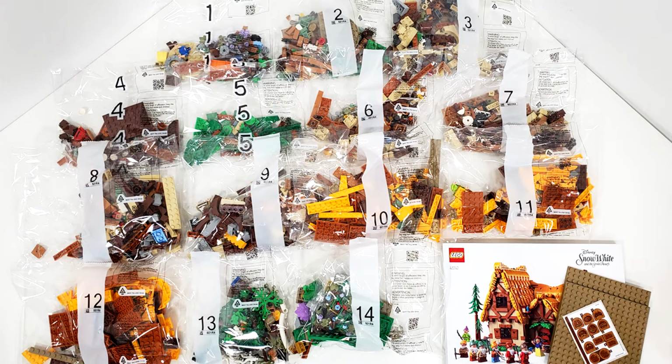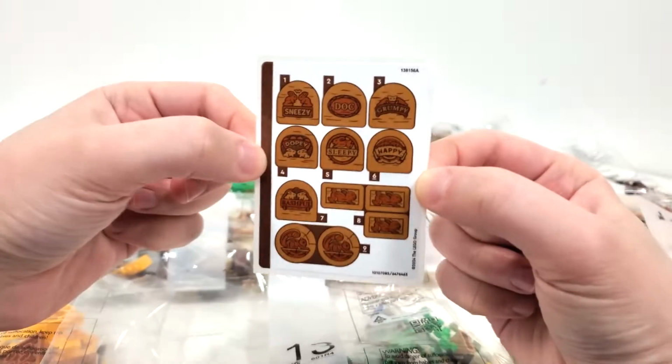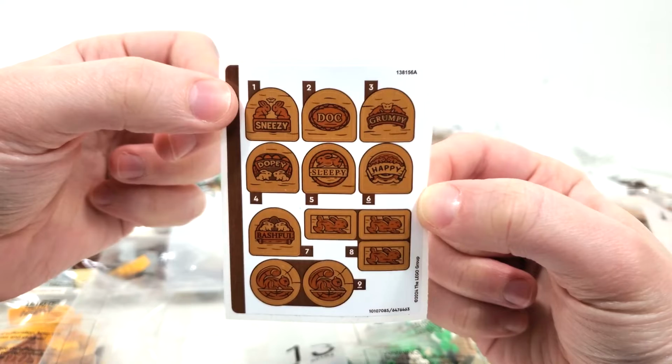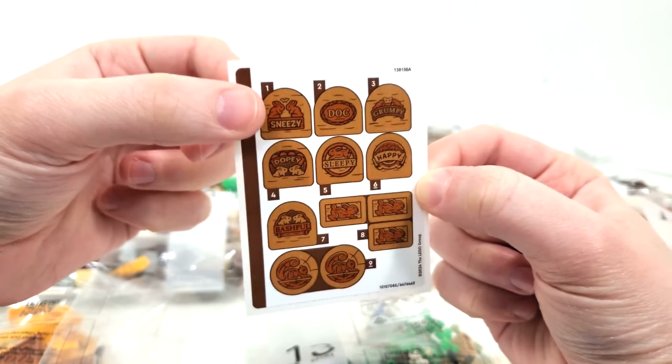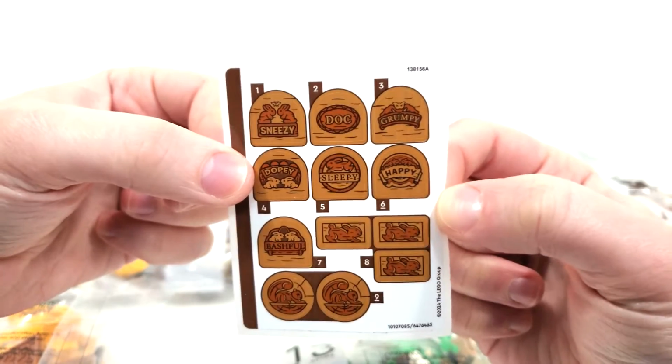Opening up the box, we get a total of 14 numbered bags, in addition to 2 loose plate pieces to build the set. We also get your stickers and instruction manual featured in this very nice folder. Not a bad sticker sheet, as I believe we'll be seeing quite a few prints in this set. These will all go within the interior. You can see the ends of the Seven Dwarfs beds, which I think is really cool that those are included